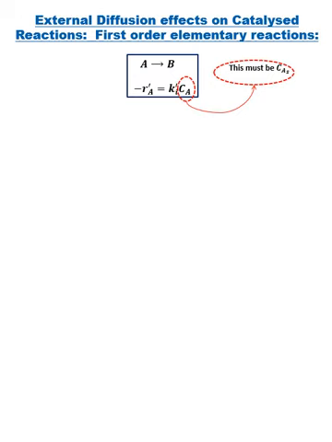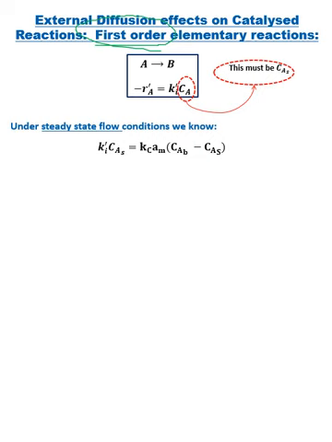We are now going to apply the concepts and the implications of external diffusion processes on first order reactions. So it's important that you switch your minds to first order reactions. In the rate equation, we must now remember that the concentration we are interested in is the surface concentration. We now know that we have an extra equation that we can use to calculate that surface concentration, in that